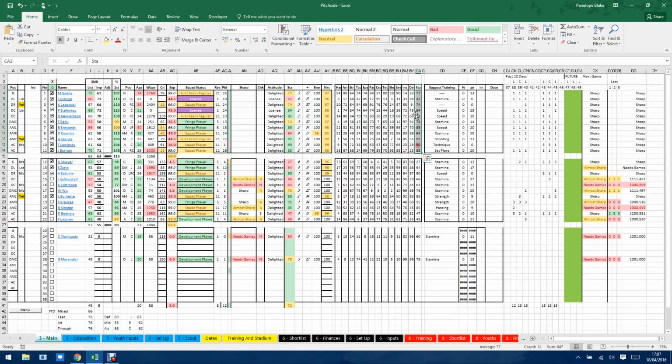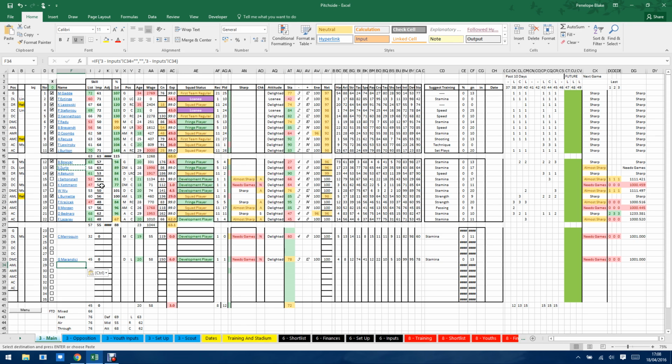Stamina is always taken separately because stamina is stamina. Stamina doesn't do anything in the game as far as I'm aware. What it does, it determines how their energy is affected by playing in a game. So once you've weighted the stats, it'll give you a different rating. Let me show you Zerlu. He can play defensive midfield left, which we don't have. So look, if we played him,